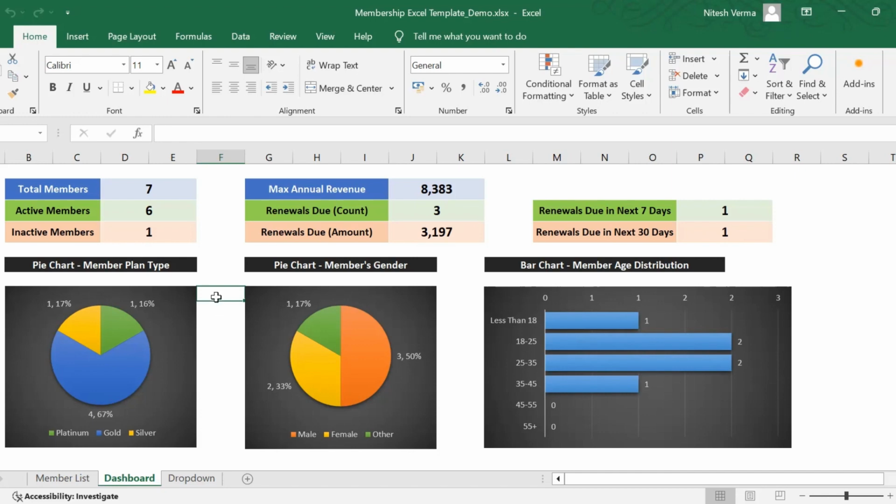So this is the dashboard view. I'll take you through the entire tracker in a few minutes of time. So what you see right now is the main dashboard where you get to know the status of all the members and their renewal. So right now for this demo tracker, we have a total of 7 members,